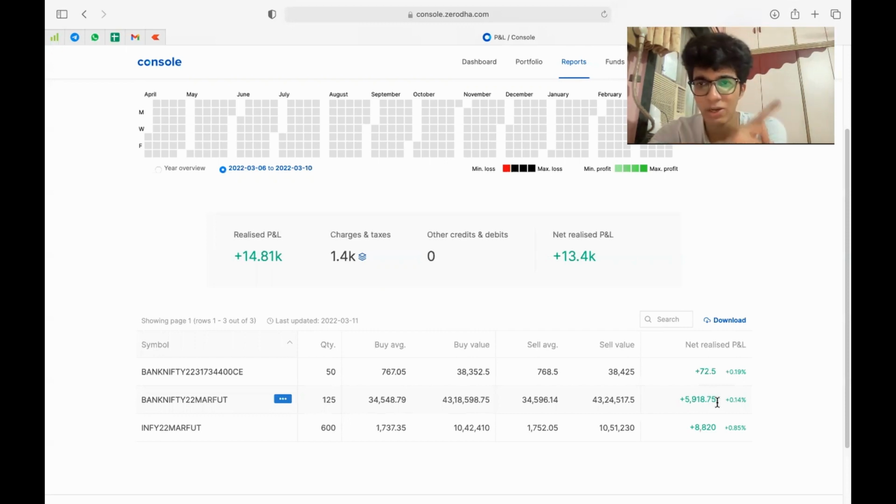In my second trade, I lost money. I lost 2K. And in my third trade, I again gained 2K. So like 4,200 went to 2,200, and again we close at 4,200. Because of that, you'll see I opened at 4,200 with my first trade, and at the end also, I closed at 4,200. But do you understand my charges and taxes? 200, 200, 200, 600 rupees. And that's why if you see the charges and taxes, it's 1,400 now.